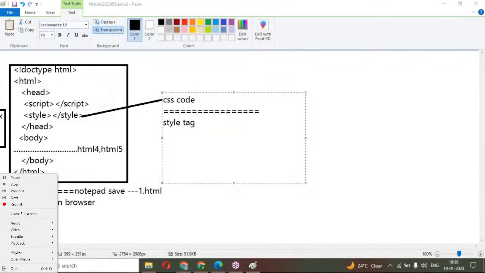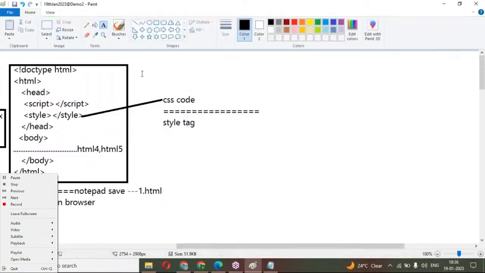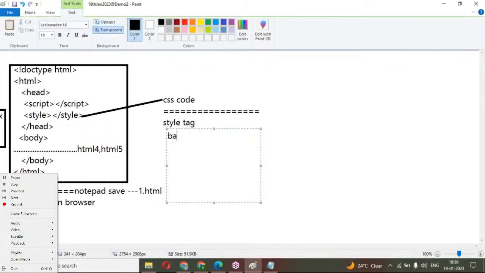Here, front end, what is UI we understood here. Next, I'm going to write here, what is UI, what is HTML we understood. Here, style tag is used to write our CSS code. In this CSS code, we are going to write how to write background-color, background position, borders, all we are going to learn under this CSS. Under this CSS, we are going to learn how to write background colors, borders,